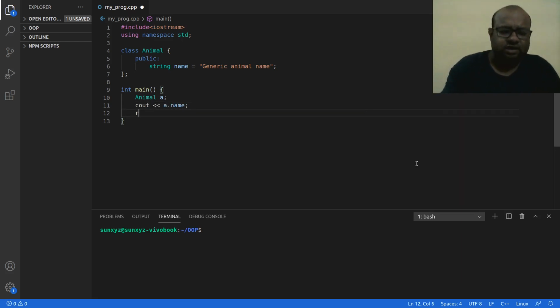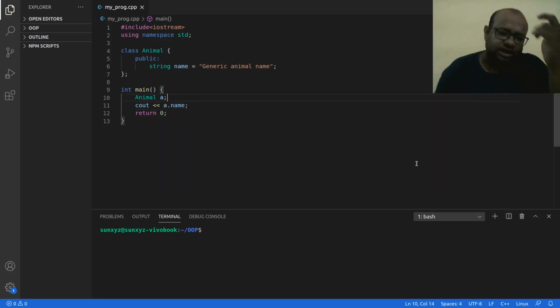And I am of course going to return 0 because this main function returns an integer, and then returning 0 means my program has exited successfully. Alright, so 0 means successful, any other number would mean there is some problem. So this is what I have done, and let me go ahead and compile this program.